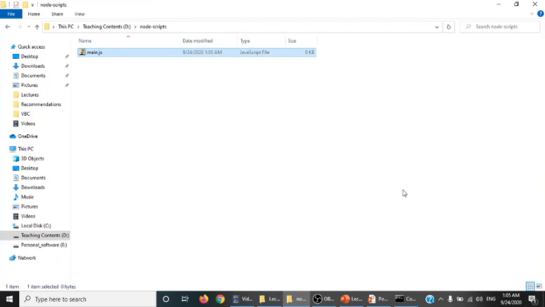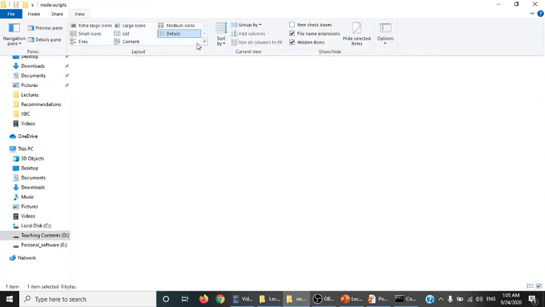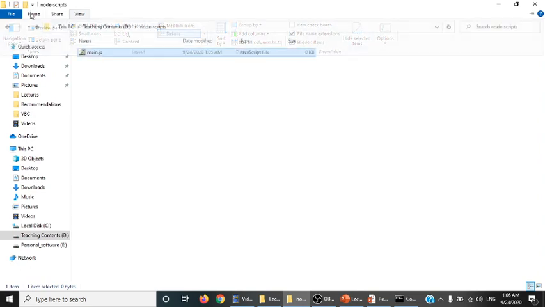A number of students will get an issue with this, as there will be no extension displayed here. You have to go to the View tab and click on file name extensions. It will show the file name extension.